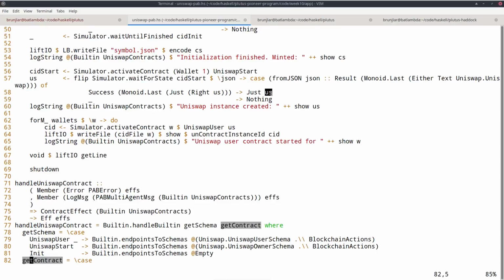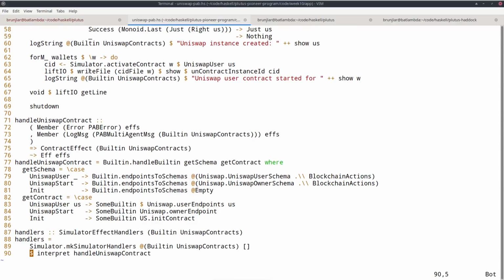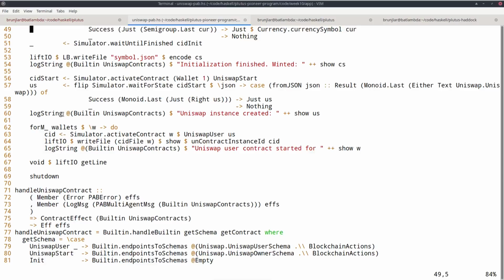I call it US. And we log. And now the Uniswap system is running, and now we can start the user instances for all the wallets. So I loop over all wallets and activate the Uniswap user contract, which is now parameterized by the US value I got in the previous step.